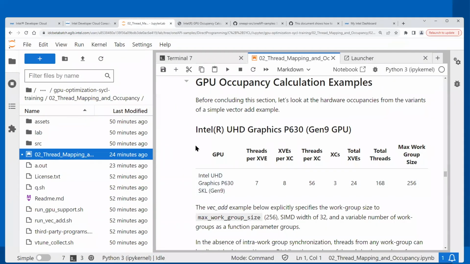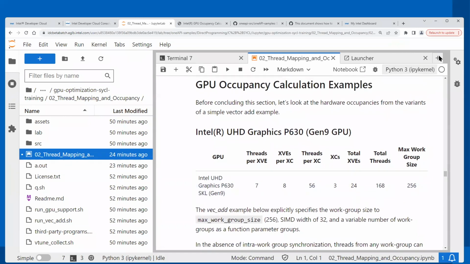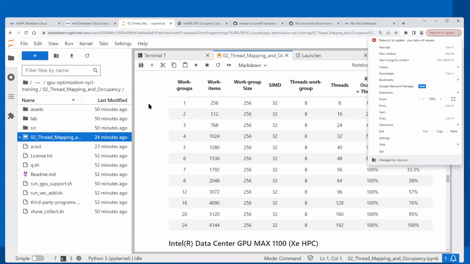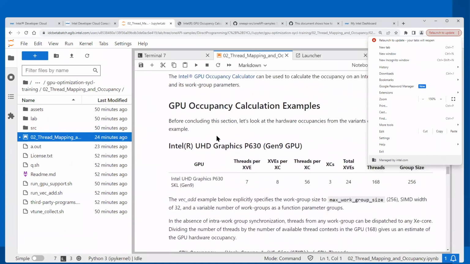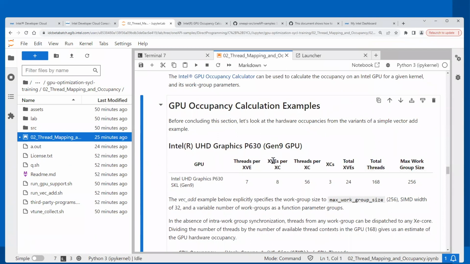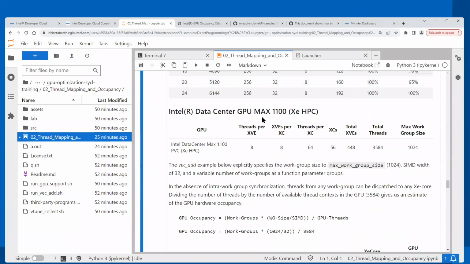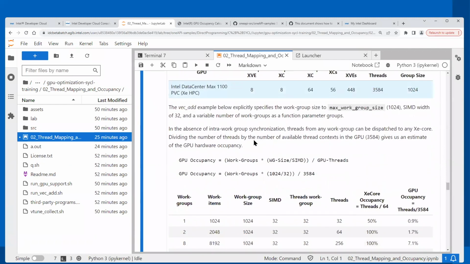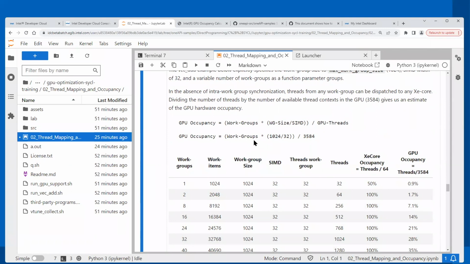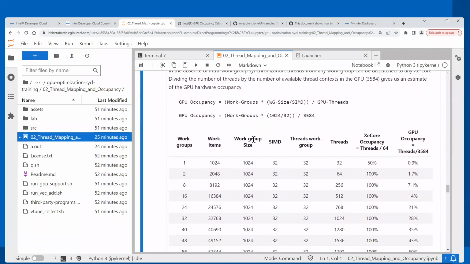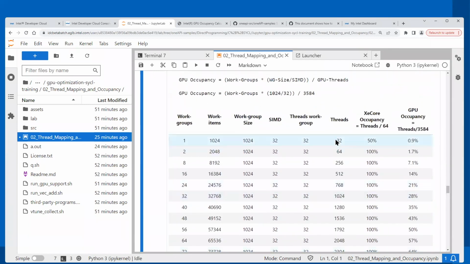So we have an example here, with a manual calculation for Gen 9, because this was the previous generation that we used to use, but there's also a new calculation just for the Data Center Max GPU. We have written a simple vector add example where we calculate vector add for one work group, two work groups, 8 work groups, 16 work groups, and then you will notice that